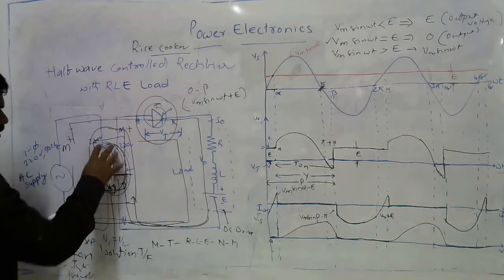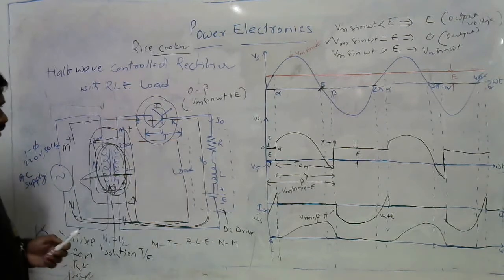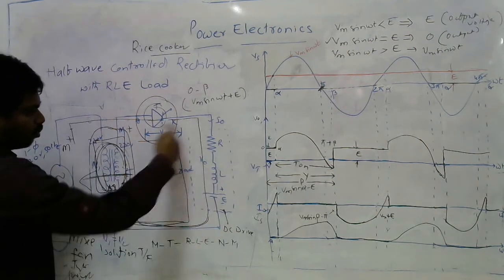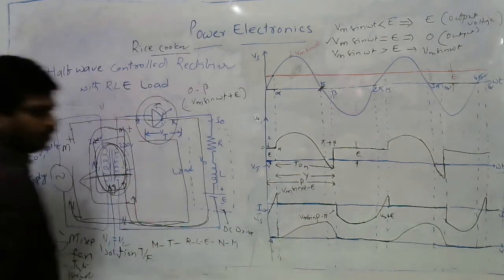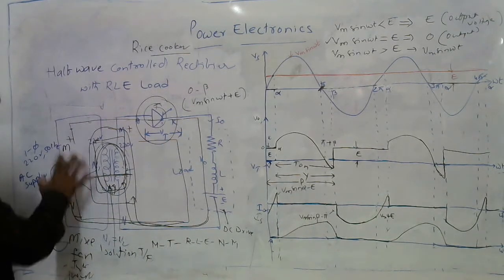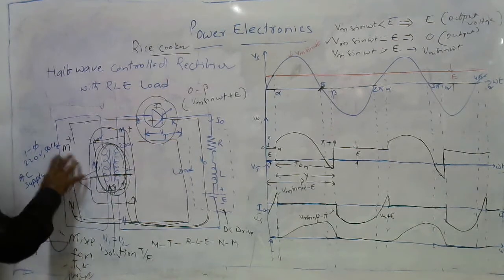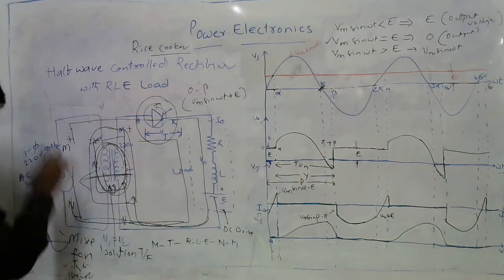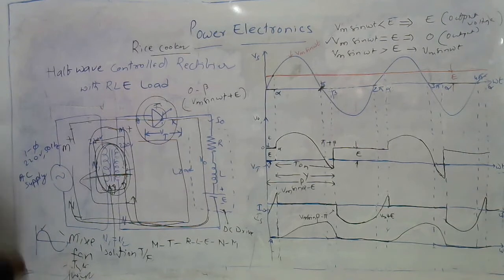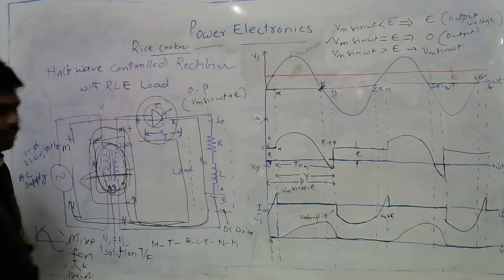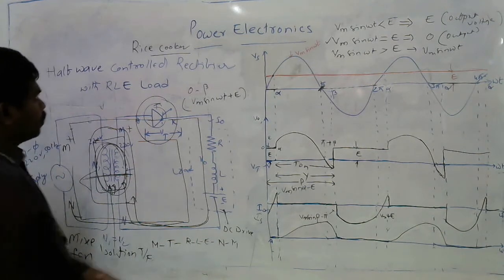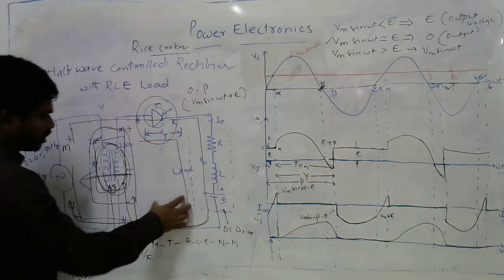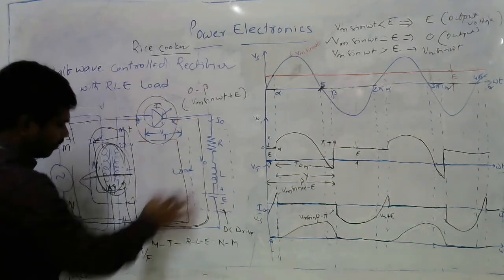If it is absent, then whatever harmonics are generated in the current flowing through the circuit will attack the main source directly. This main source is not only connected to the circuit, it is connected to many applications. Some industrial applications are also connected, and if it is a single phase, most probably commercial and domestic applications are connected to the single phase system. So that's why harmonics must be stopped within the circuit only, within the power circuit only,